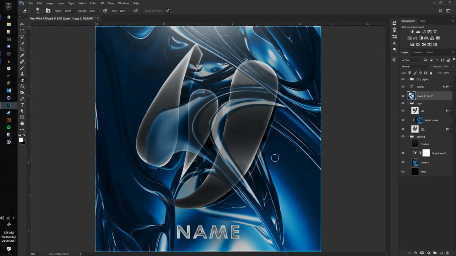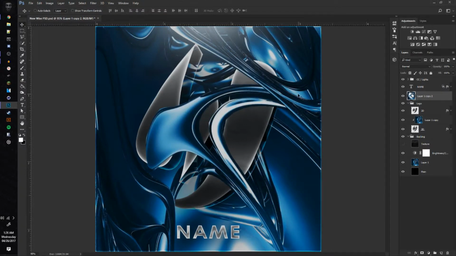Okay. So now that you have everything cut out the way you like it, I'm just gonna touch up this side real quick, because I don't like the way it looks. Okay, but as soon as you have everything the way you like it, I'm just gonna leave it like that for now. What I do now is I go to my 2D layer,